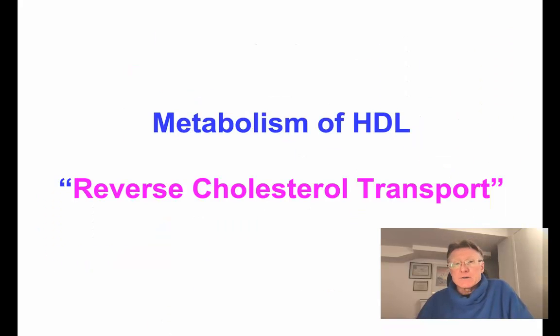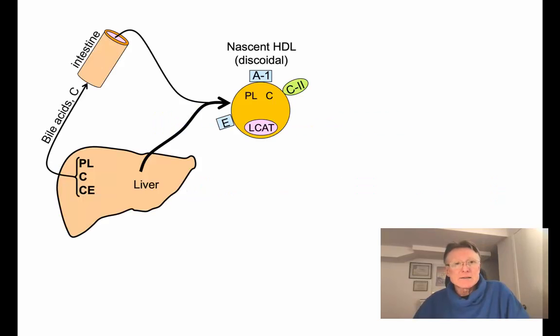So the third particle we are going to talk about now is HDL, or high density lipoprotein. And the main feature of HDL is what we call reverse cholesterol transport. And we're going to learn exactly why it's called reverse, and also why this particle is normally named good cholesterol, because it actually does the opposite of what LDL does. You'll see, we are going to learn it next. So let's start this diagram